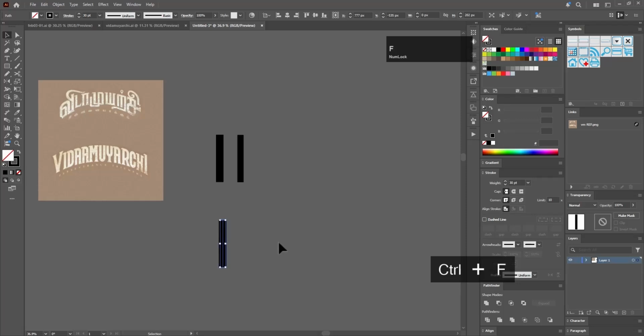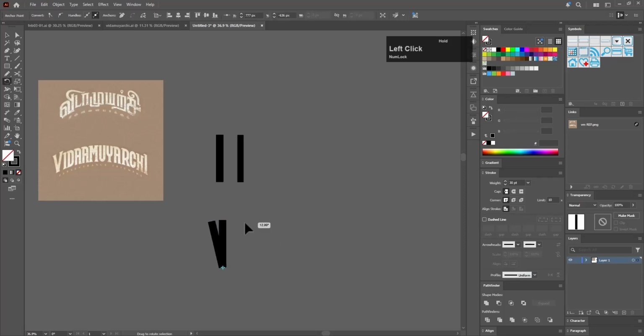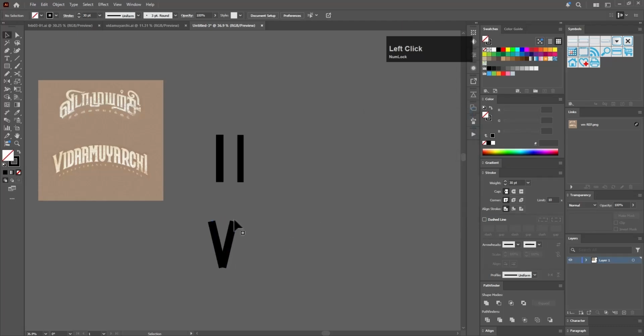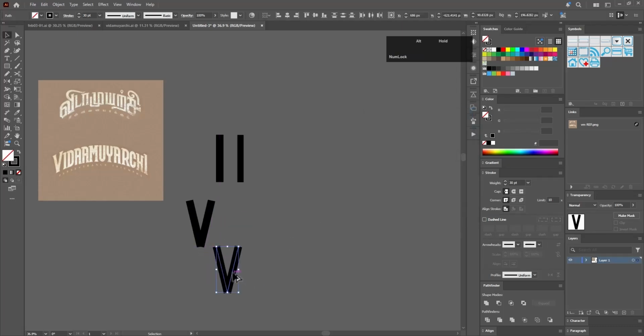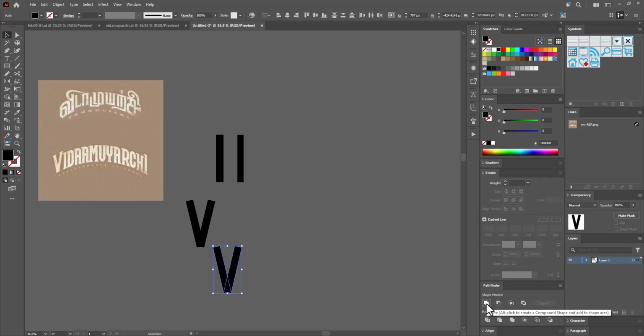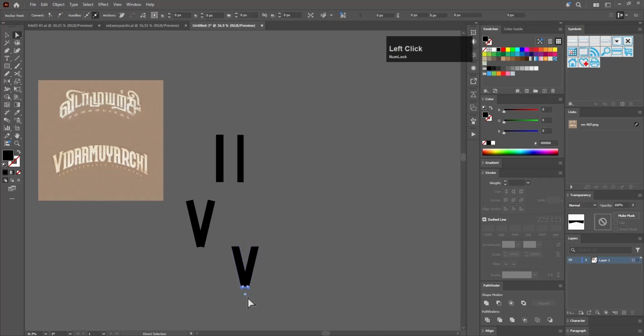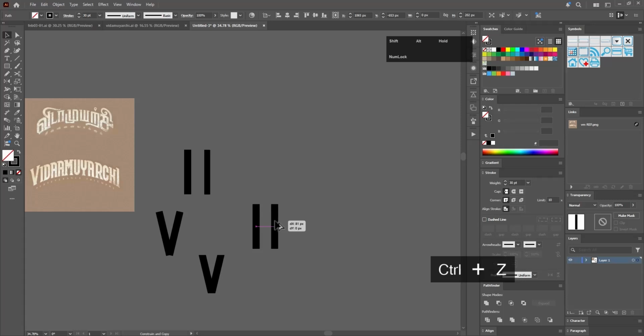I duplicated, used the rotate tool to rotate like this, reflected it vertically and made a copy of it. And I deleted this reference and made a duplicate with that and converted them to outline. I merged it using the unite function on Pathfinder, and then I used the rectangle to delete these upper and lower parts, and I used the divide function on Pathfinder to delete these, and then I brought the line and made